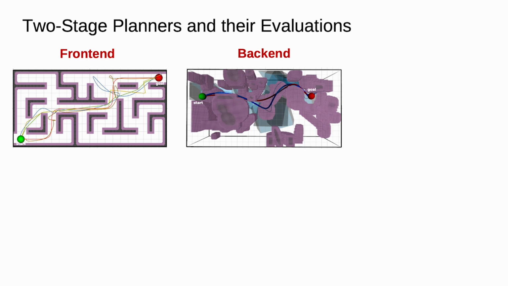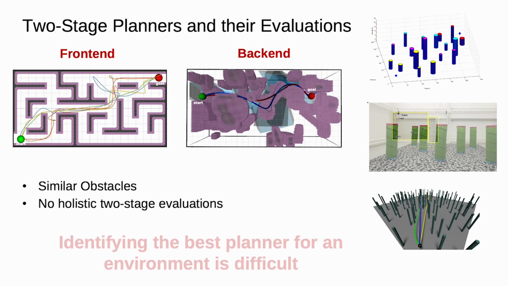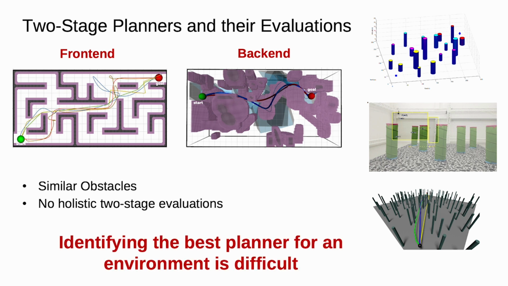First, they are conducted in environments with similar obstacles, like vertical pillars. Second, they are typically focused on overall performance and not isolating the effect of each stage separately. Both shortcomings make identifying the best two-stage planner for a new environment difficult. To solve these problems, we believe we can evaluate the planners separately for different environmental complexities and make planner recommendations